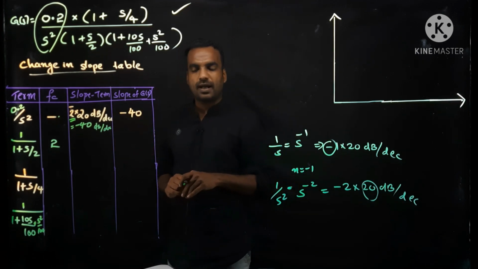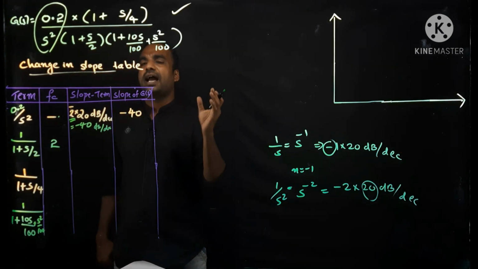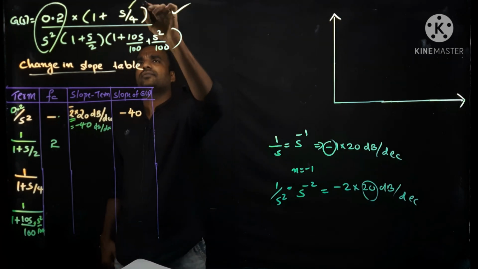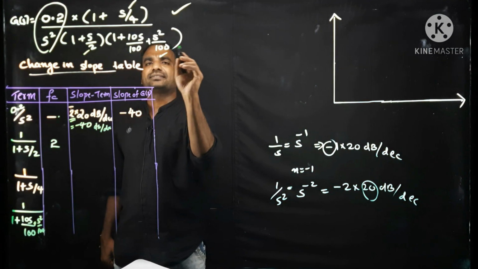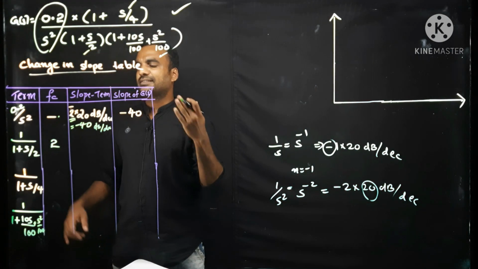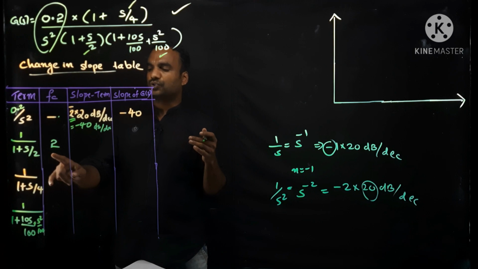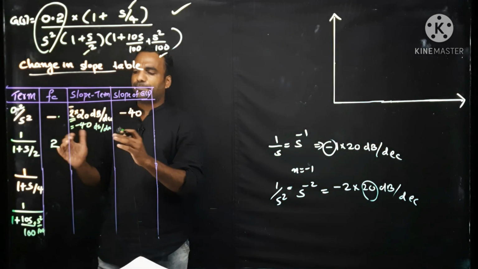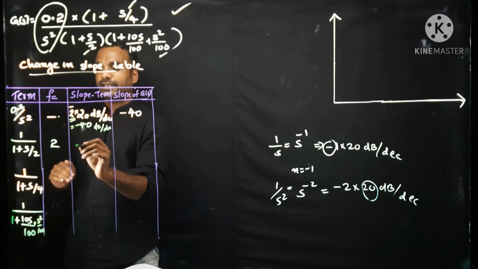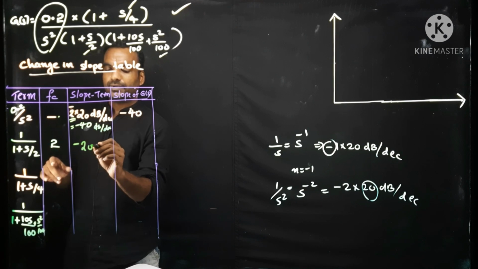Okay. Now I am going to think about which is the second term, the one having the next higher corner frequency. We have to arrange in ascending order. The corner frequencies of these terms were 4, 2 and 10. We already did it. So this is the second term, with the next corner frequency: 1 by 1 plus s by 2, and its corner frequency is 2. As it is a pole placed in the denominator, its slope will be minus 20 dB per decade.